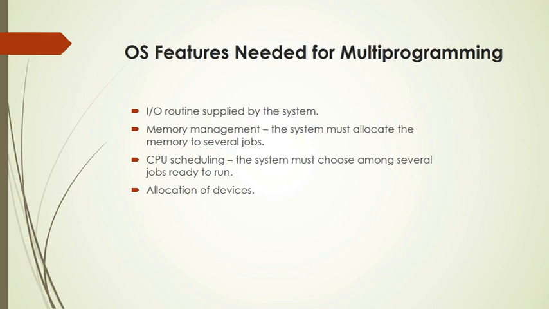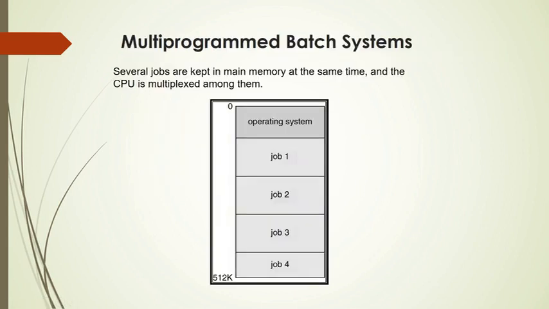Then the next is your memory management feature. As you can see, if you go back to the diagram, there are multiple jobs, job 1, 2, 3, 4. Now to ensure that there is no overlapping, that job 3 does not go to job 2's place, or job 1 does not go to job 4's place, memory management is required. That is, the operating system controls which job will be stored in which part of the memory. For example, job 1 in this part, then job 2 in the second part, job 3 in the other part, and so on.